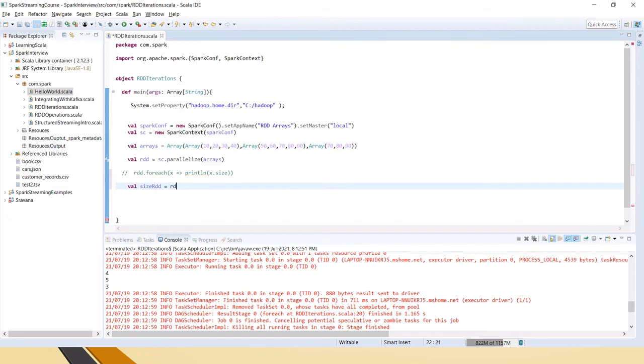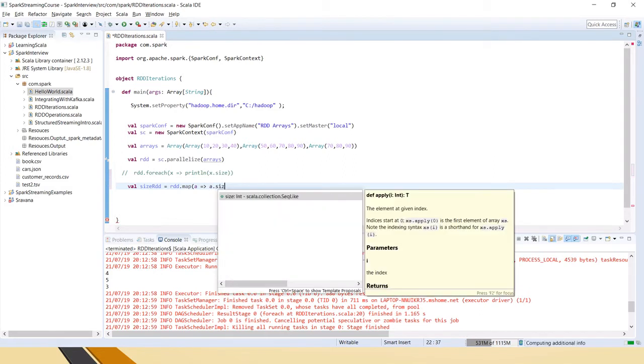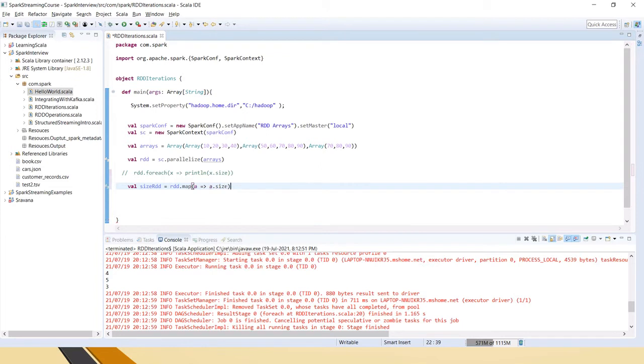So now we have RDD dot map. In the map we are saying that first we have to create it, right? First we will create the RDD out of this previous one, this is the entire RDD which has all the 3 elements. So in this I am creating another RDD which has only the size. If you have such requirements, how to do that? For that, in the map we will say map of a, we will take the size.